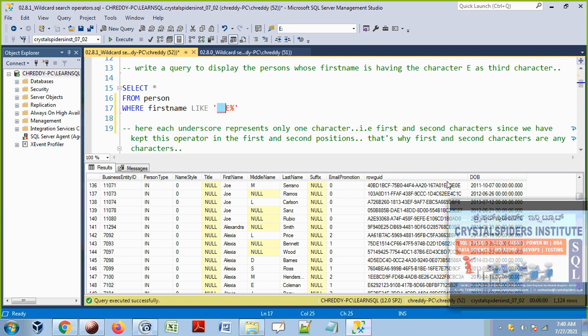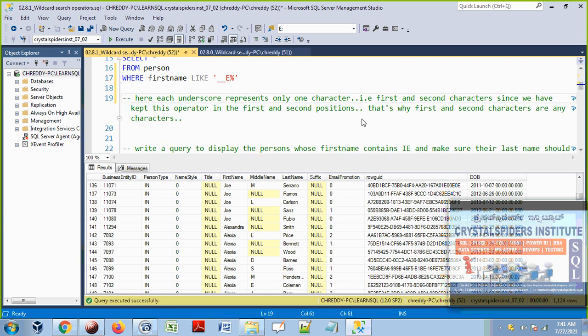So the first two characters can be any characters, but the third character should be E. And from the fourth character onwards, that can be any characters, any number of characters, it is going to be considered as matching. Okay, so this is it, guys.